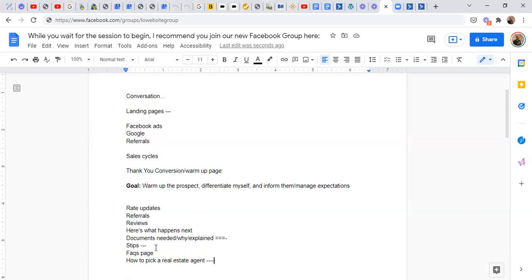So when I know they haven't picked their realtor yet, I know they're not ending up in my pipeline as a full-blown application for at least several months minimum. But I'll still warm them up by sending them to a page kind of like this. So I'm going to help them pick a realtor, right? In fact, here's an idea for a page. Not only do you do a video explaining how to identify a good real estate agent versus a bad real estate agent, one that doesn't necessarily have your best interest at heart,